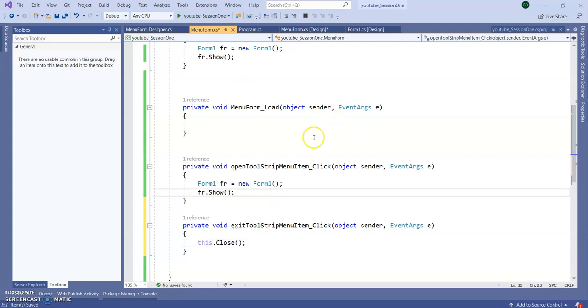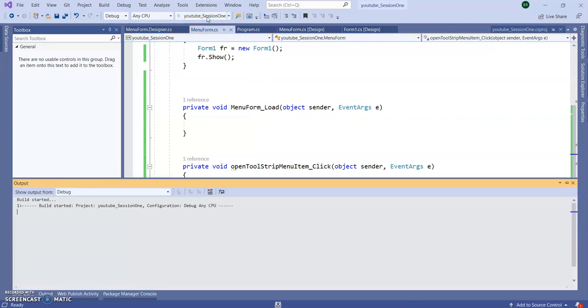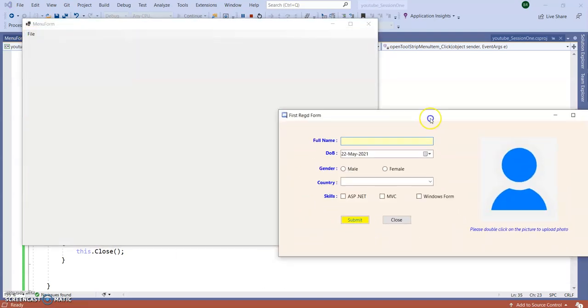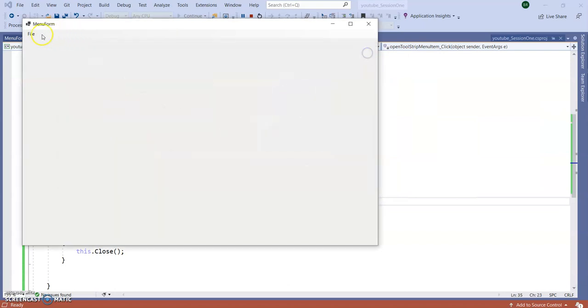Run the application and see how this operation is working. If I click on open, my form is opening. If I click on exit, this form will exit. But before the exit, I'm going to show you something.